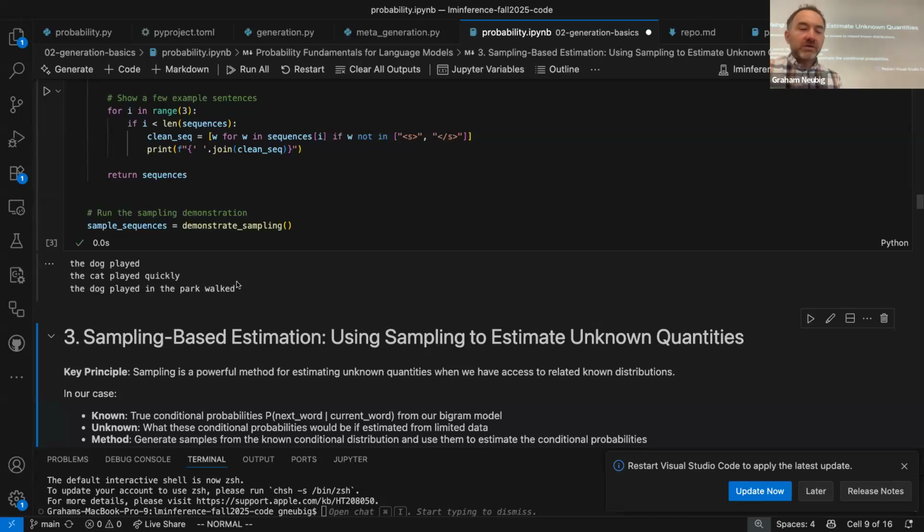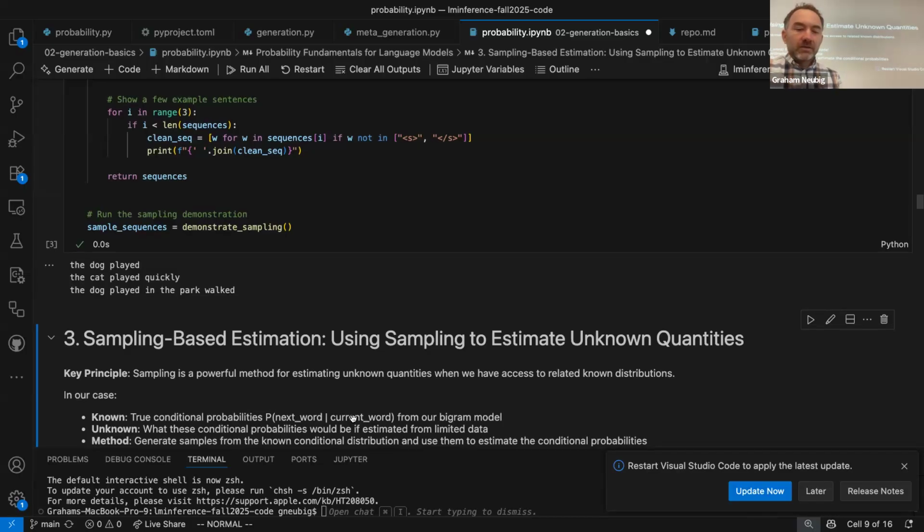And the basic idea is here we have a true conditional probability of the next word given the current word. So we know this according to our bigram model. But what if I said I wanted the joint probability of two words co-occurring here? And so the joint probability would be not